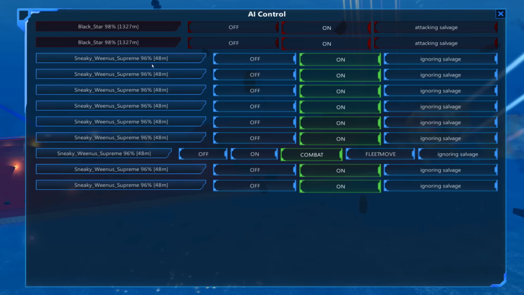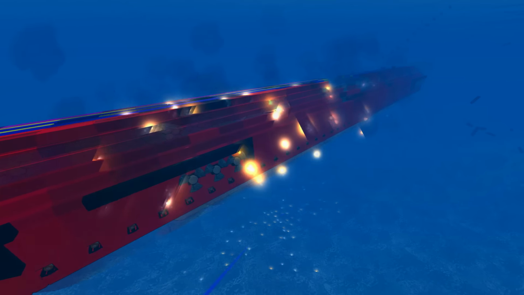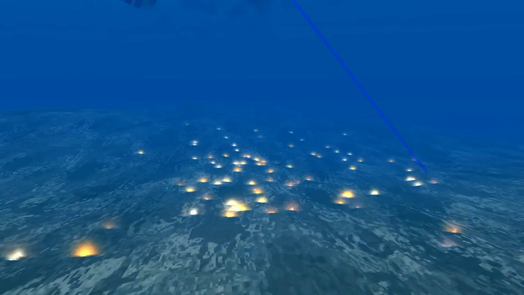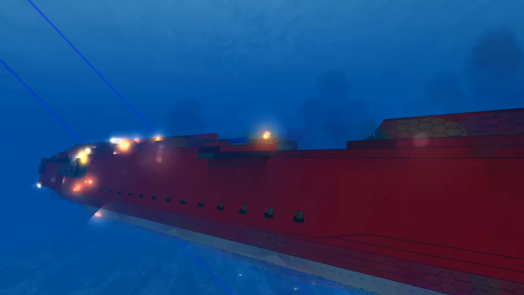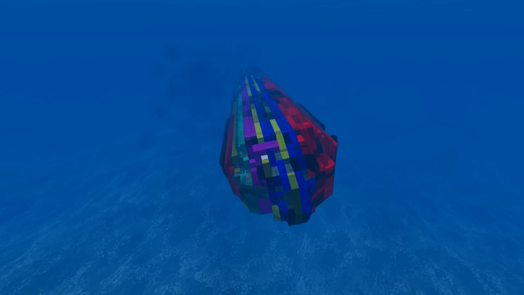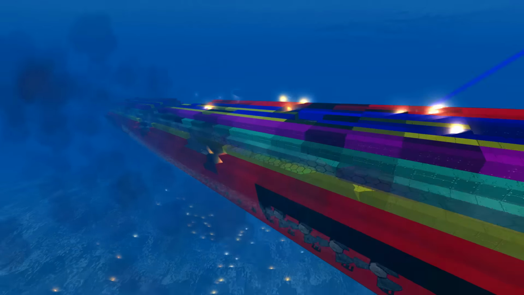Damage reports. 98% on the Blackstar, 96% on the old Weenus. This is kind of fun to look at. The laser blast, it's just sort of pinging, you know, the land here under the ocean, doing what lasers do best. Sneaky Weenus is still running strong, though. So half the payload systems on the Sneaky Weenus...